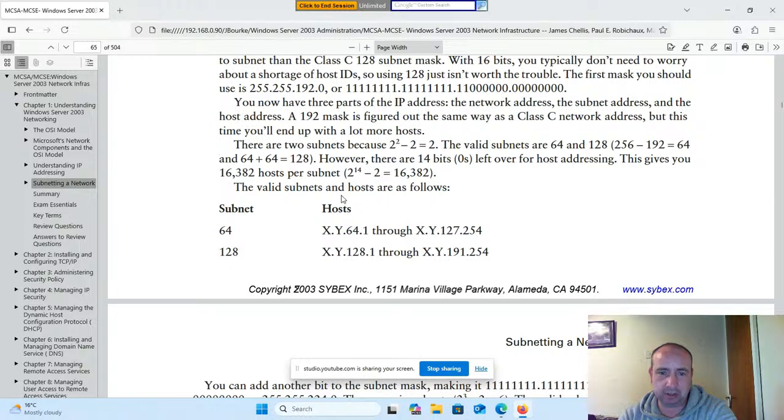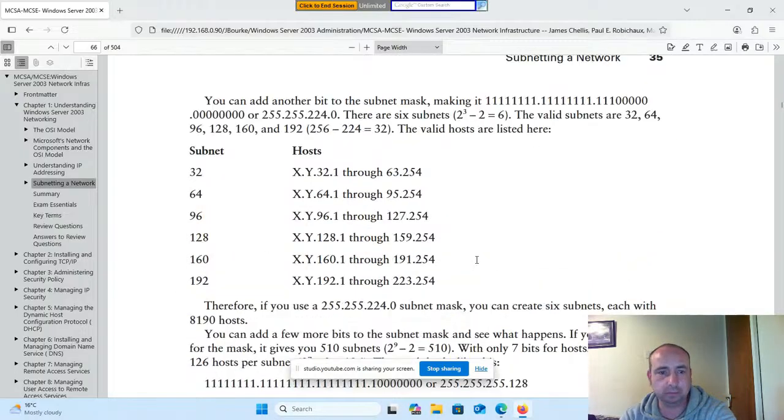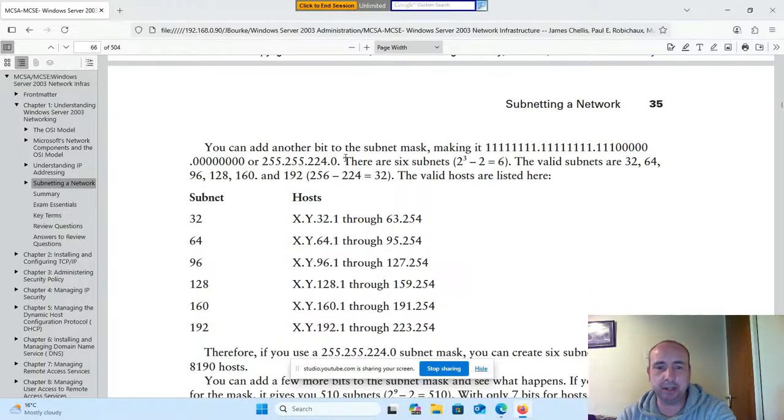The valid subnets and hosts are as follows. Subnet 64: x.y.64.1 through x.y.127.254. Subnet 128: x.y.128.1 through x.y.191.254. You can add another bit to the subnet mask, making it